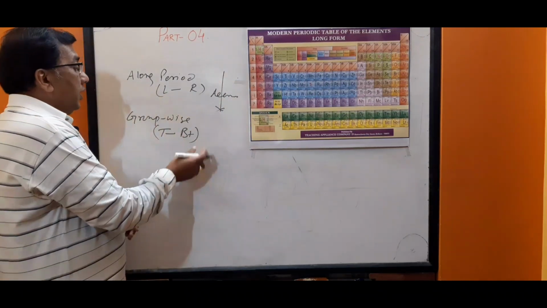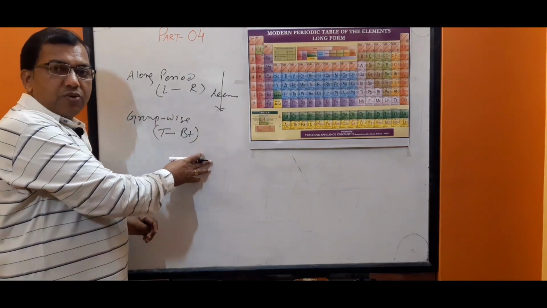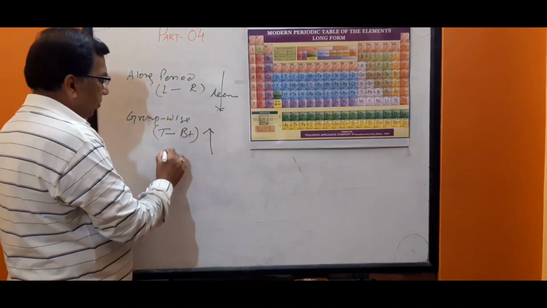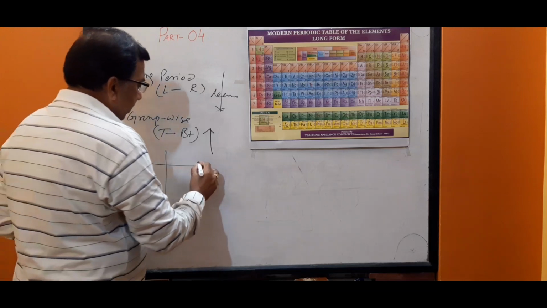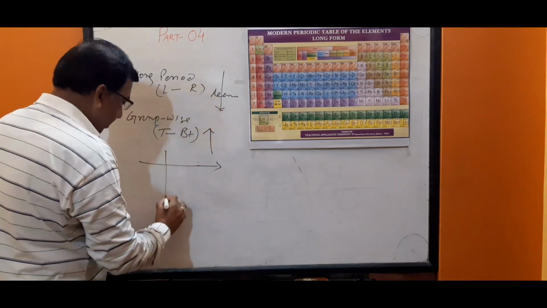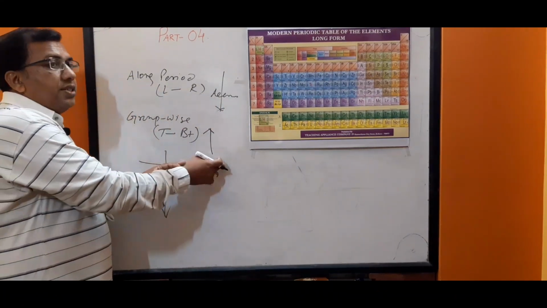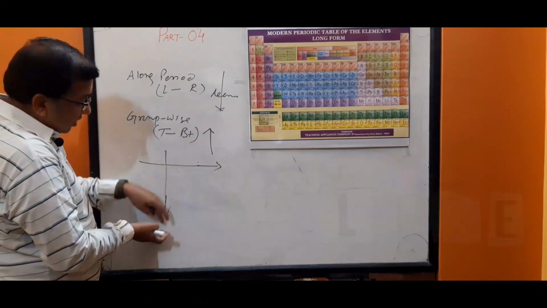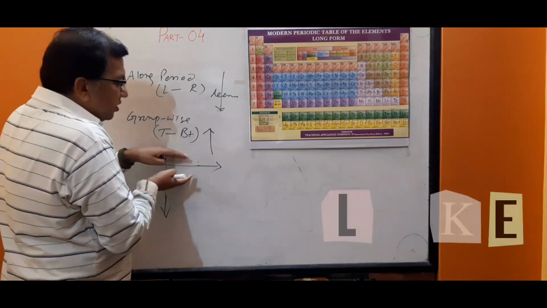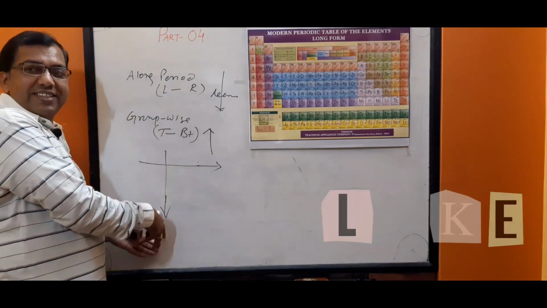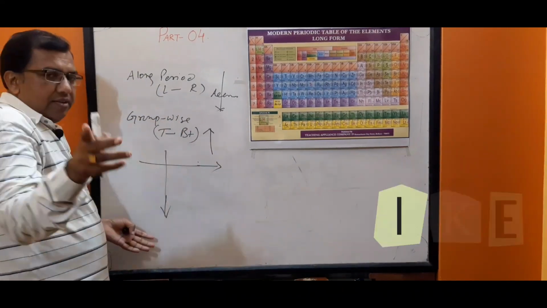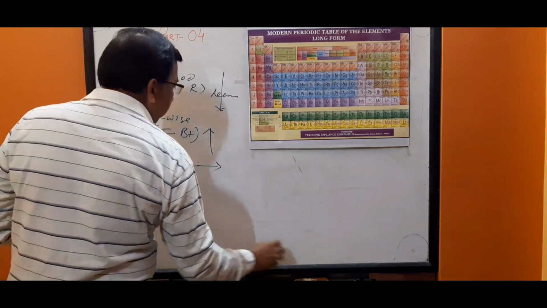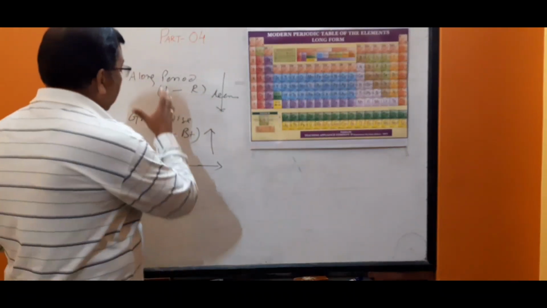And it is increase. In this case it will increase. Okay, it will increase. This is the relation. You must know the relation. If one is increased, the other will be decreased. Always. If it is decreased, it will increase. Clear? So see, I am giving an example from left to right and top to bottom.